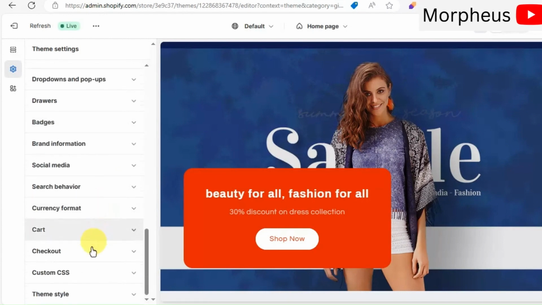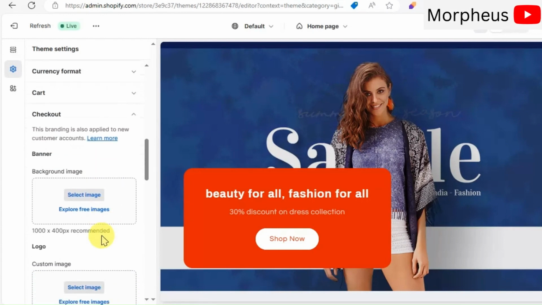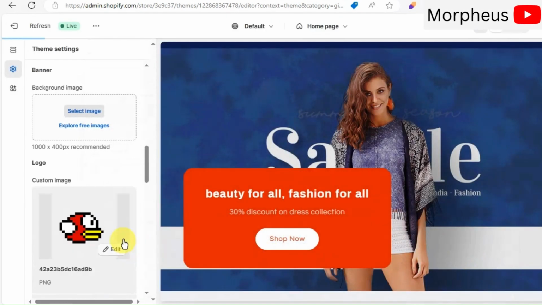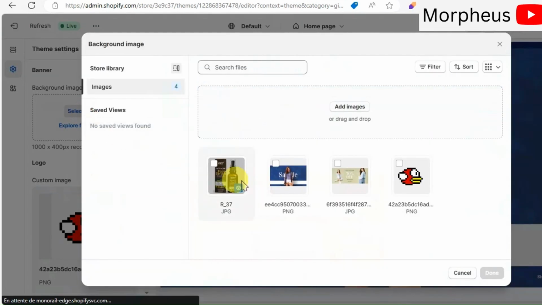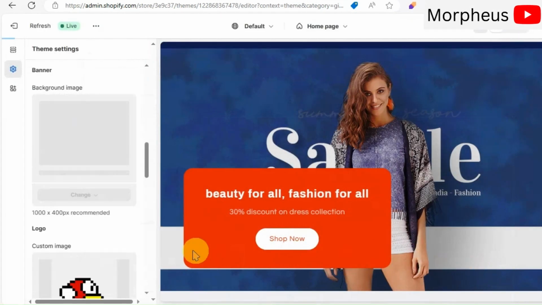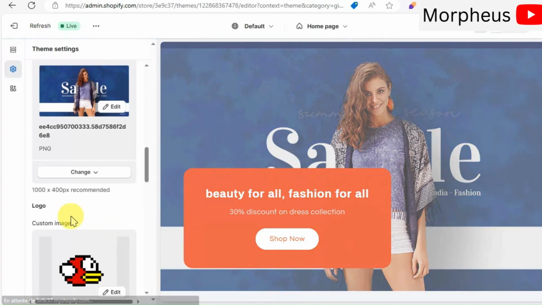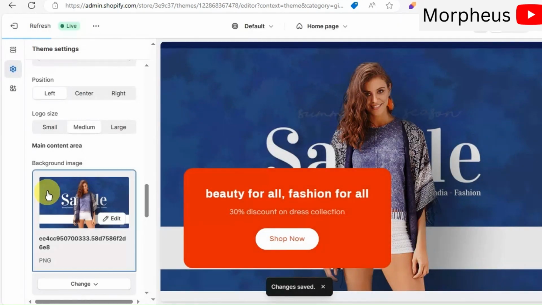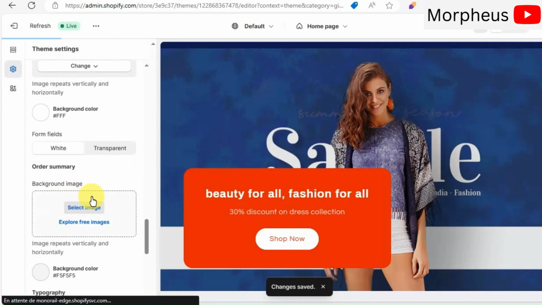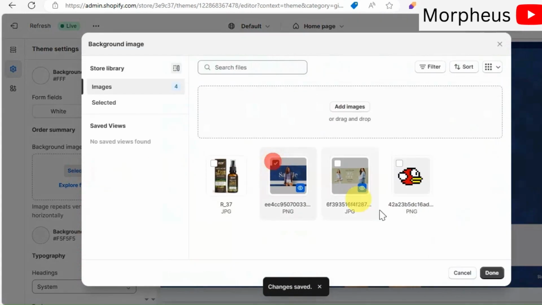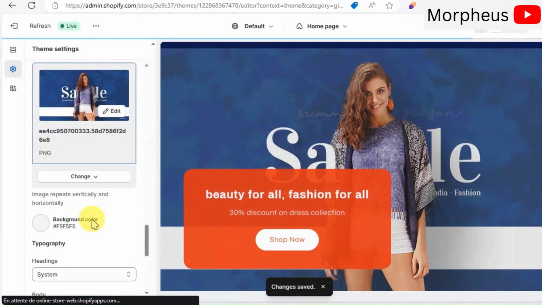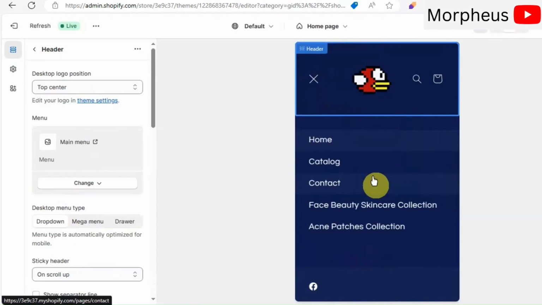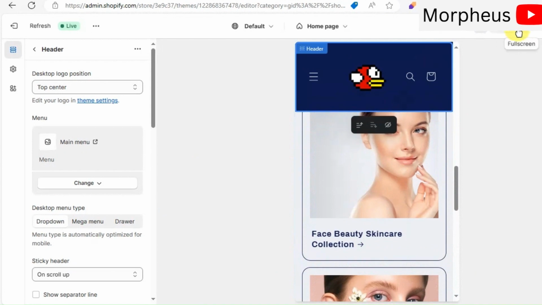And in checkout, you can add your logo to the checkout page to add a more branded experience to your store. And you can also add a background image right here. Awesome. Now, our Shopify store is almost ready. You can also check if anything else is missing and adjust it. For the store's mobile and tablet experience, Shopify has got you covered. Everything is already optimized to be mobile and tablet friendly.